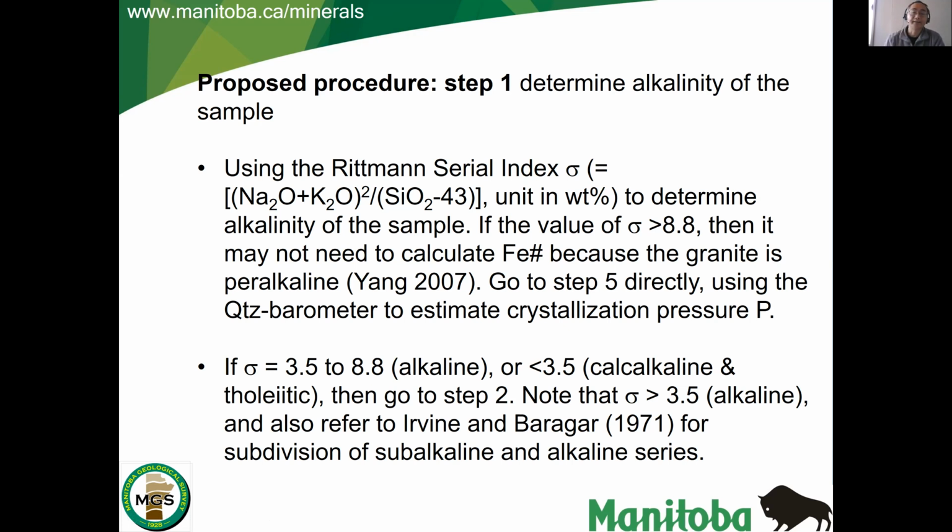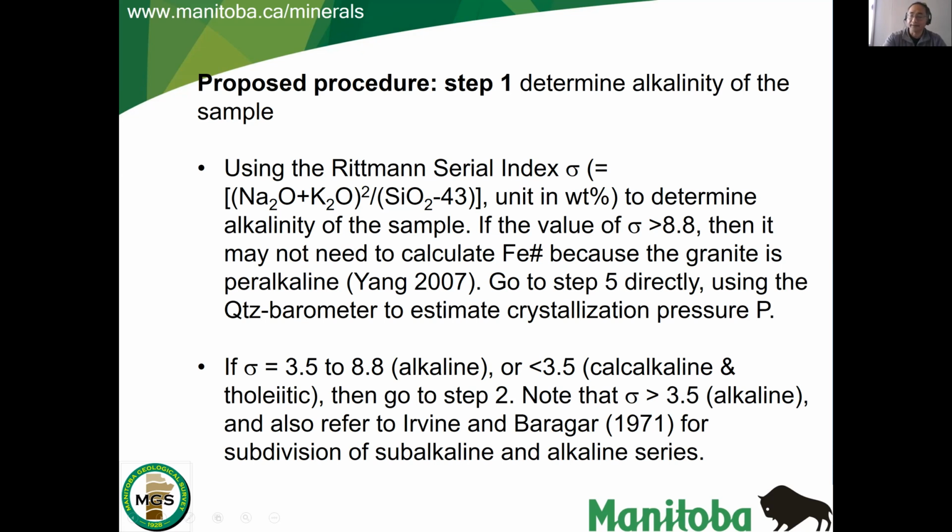If the sigma value is between 3.5 and 8.8 it is alkaline, or if less than 3.5, we go to step 2. And I mentioned that a sigma equal to 3.5 overlaps mostly with the boundary of the subalkaline and alkaline rocks,